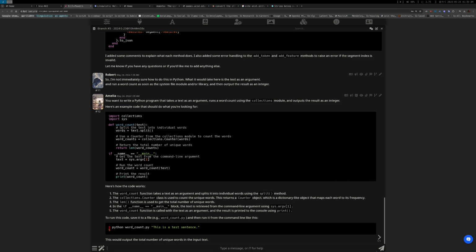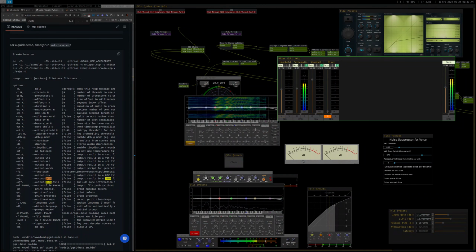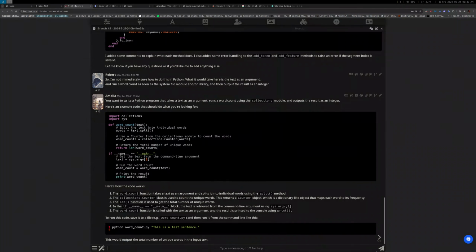You want to write a Python program that takes a text as an argument, runs a word count using the backquote collections backquote module, and outputs the result as an integer. Here's an example code that should do what you're looking for. Backquote backquote backquote Python import collections import sysdef word underscore count, text, hash split the text into individual words equals text. Split, hash use a counter from the collections module to count the words word underscore counts equals collections, counter, words, hash return the total number of unique words return len, word underscore counts, if underscore name underscore